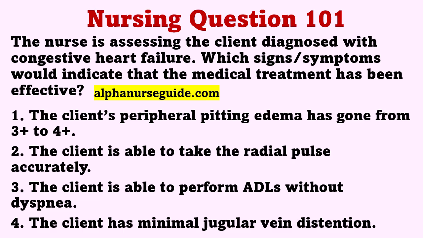Pitting edema changing from 3+ to 4+ indicates a worsening of the CHF. The client's ability to take the radial pulse would evaluate teaching, not medical treatment. Any jugular vein distension indicates that the right side of the heart is failing, which would not indicate effective medical